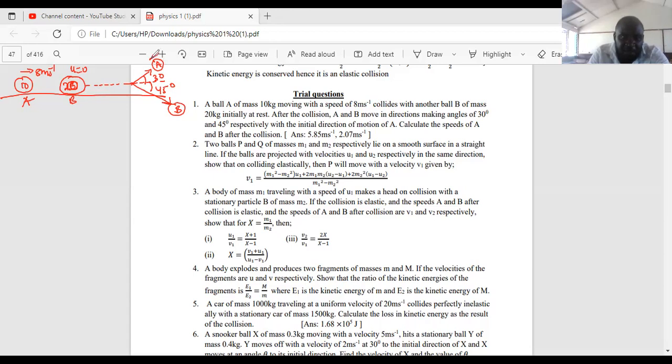Now we don't know the speed with which A is moving. Let this one be moving with the V. Let this one be moving with the U. Now, because these are vectors, you have to resolve. We shall have a vertical component of U sine 45. We shall have a vertical component here of V sine 30. We shall have a horizontal component of V cos 30. We shall have U cos 45. Now, horizontally,